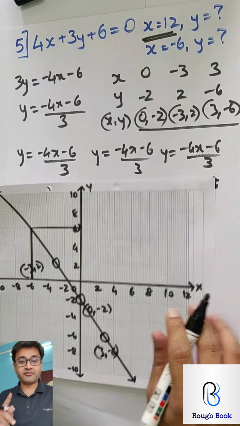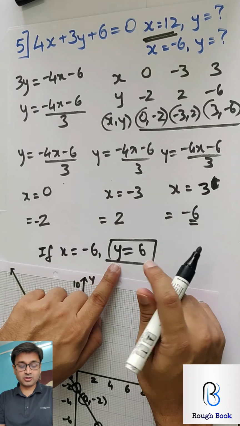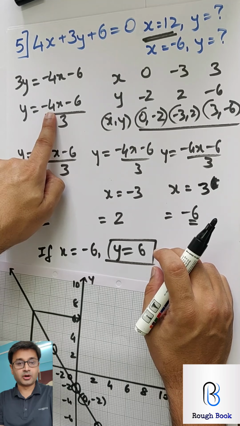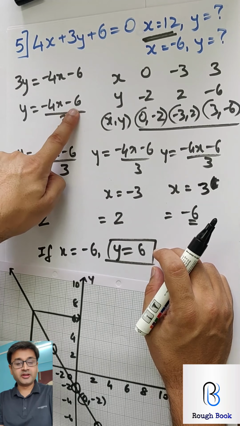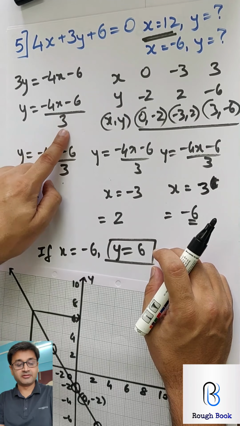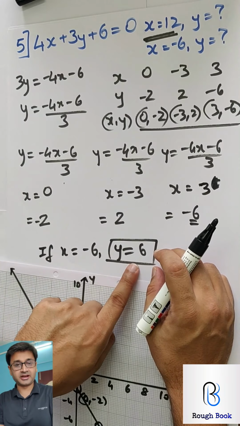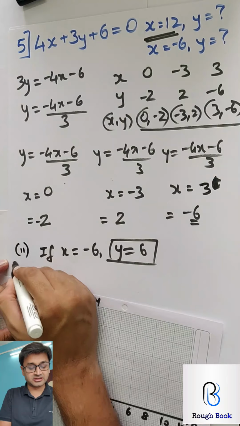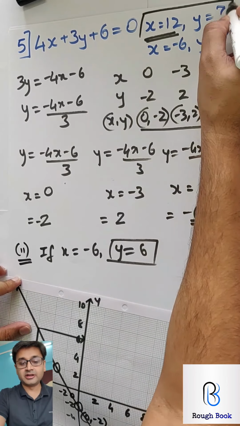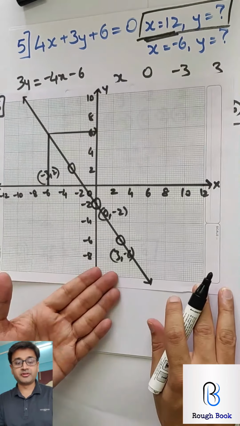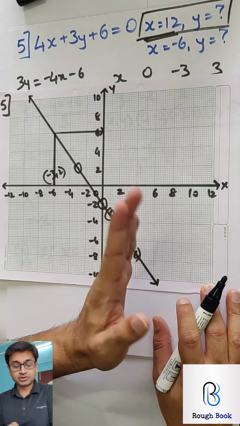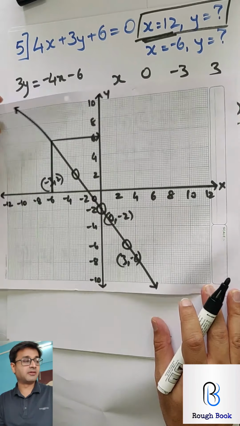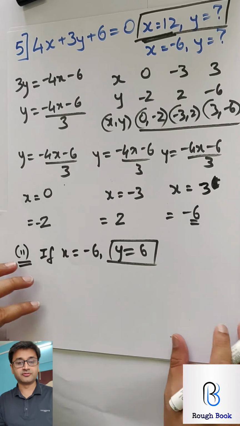If you want to verify your answer, put the value of x as minus 6 here. So minus 6 minus 4 will be what? 24. 24 minus 6, 18. 18 divided by 3 will give you 6. Correct? So you can always verify whether your answers are correct or not. So we just did the second part. The first part we are ignoring because it is not going to fit in any graph sheet unless you shift something more here and this up. So don't worry, such sums will never come in the exam, which create confusion for students.